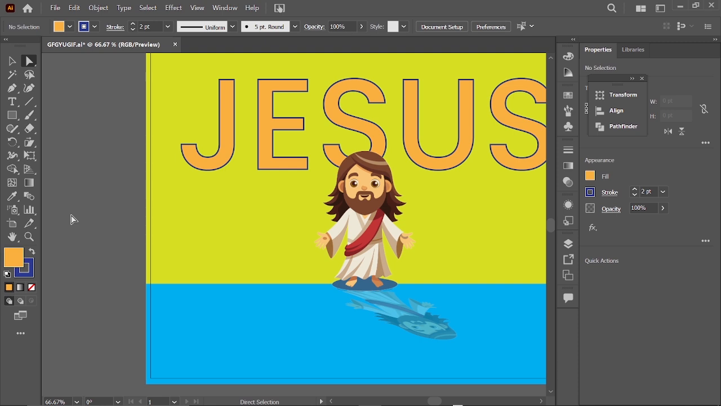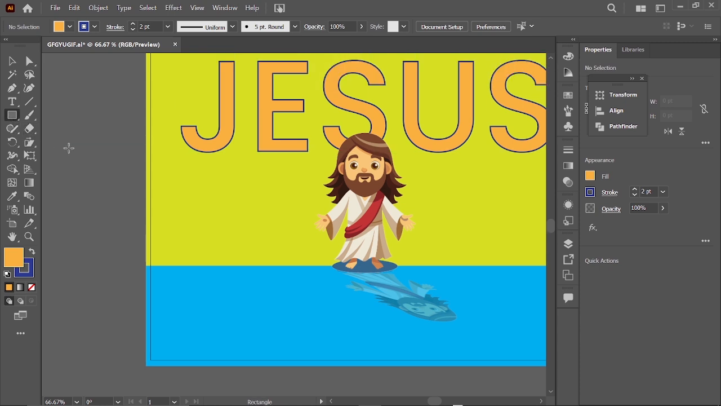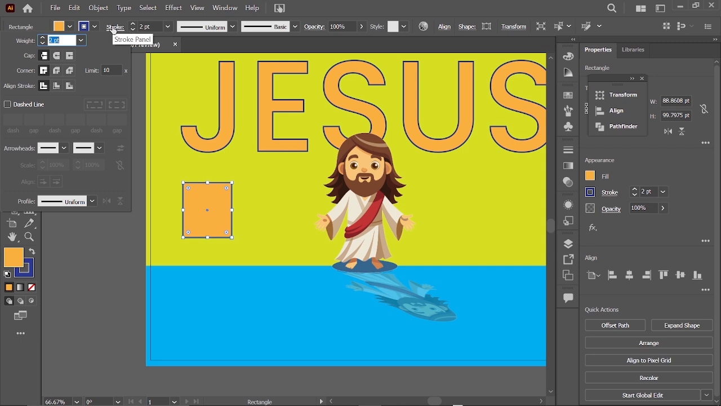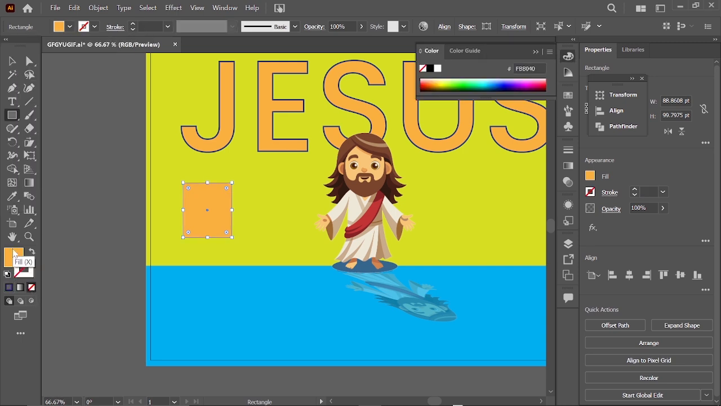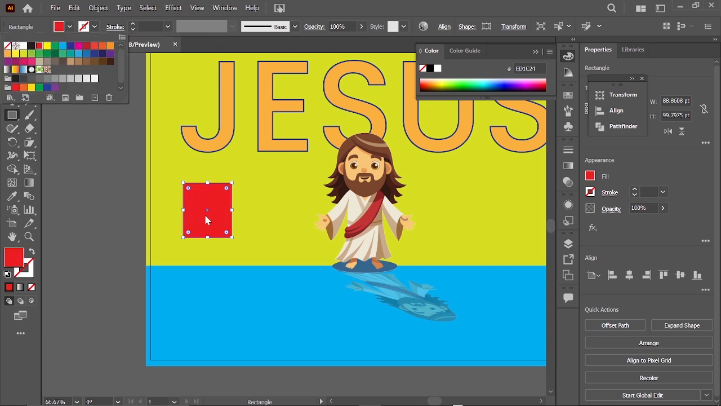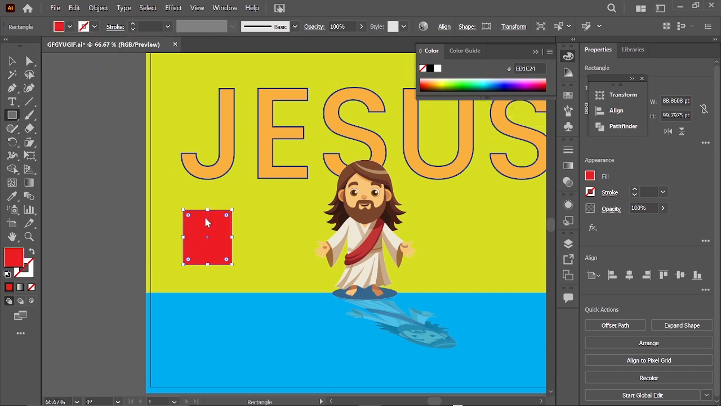So the direct selection tool manipulates anchor points or paths. Let me show you real quick what I mean. If I create a rectangle here, let me remove the stroke, I don't want a stroke there, and I also want to give it a popping color like red. So the direct selection tool, we said